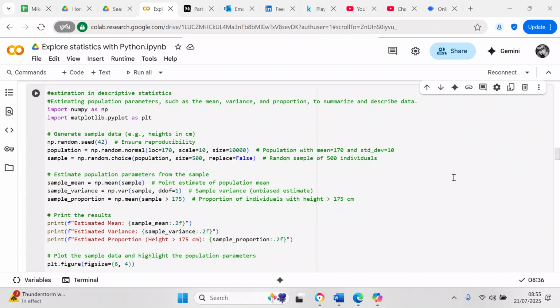In this particular video, what we're going to be discussing is estimation and descriptive statistics. Estimation and descriptive statistics cover estimating population parameters such as mean, variance, and proportion to summarize and describe data. And so what we're going to do is go over a program written in Python